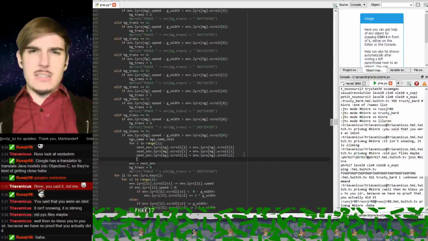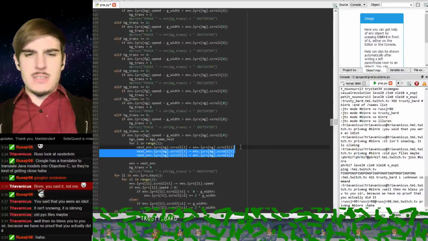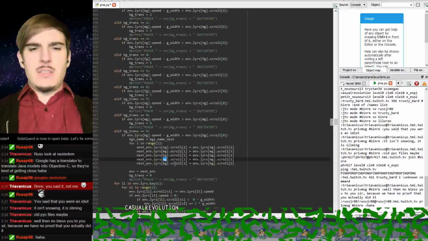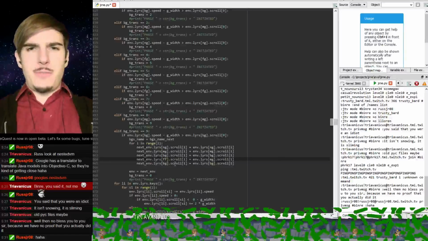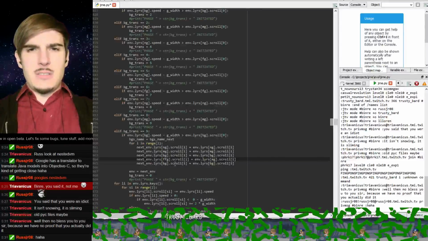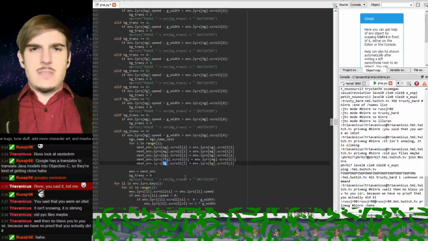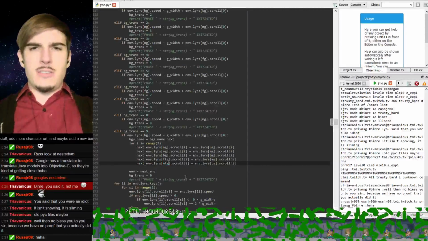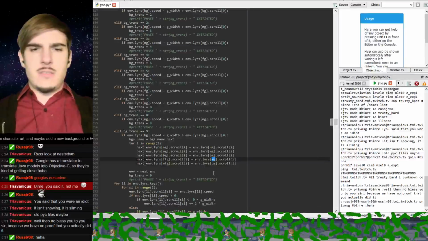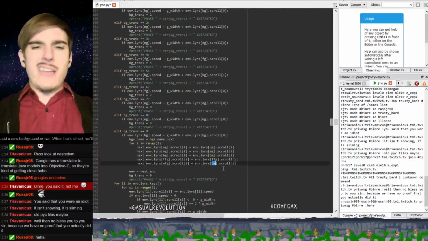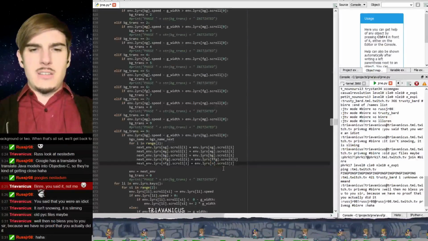The next, so like this a couple more times, except for foreground and near foreground, foreground.